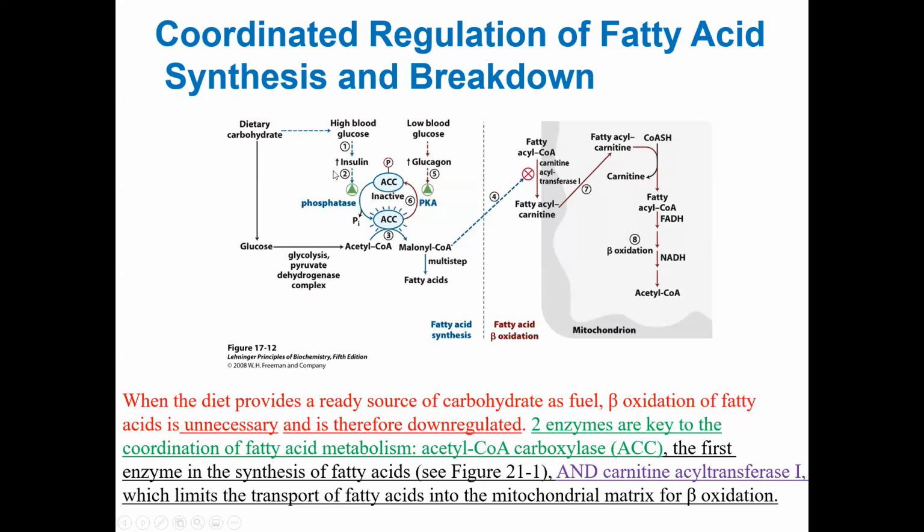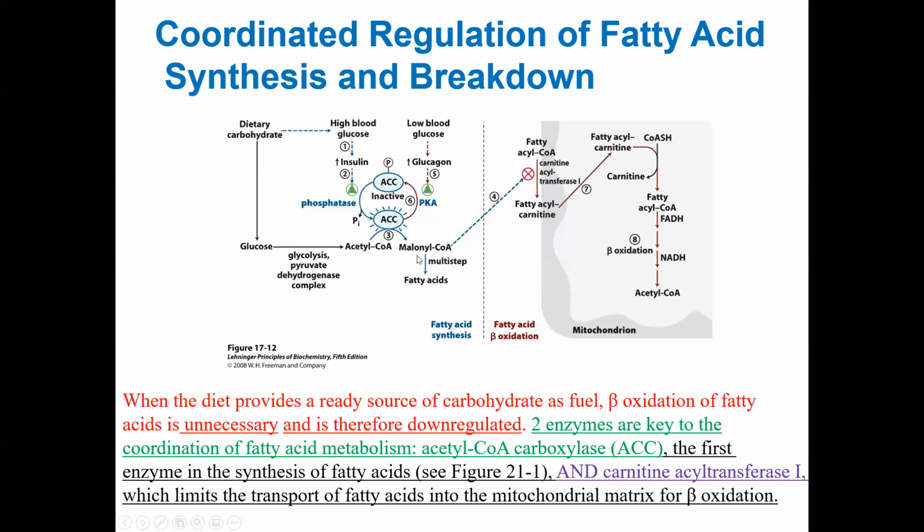So when insulin concentration is up, insulin-dependent phosphatase will be active. That's why they are showing you the green arrow up. And once that happens, phosphatases are active. Whatever ACC is there in the phosphorylated form will get converted to the dephosphorylated and therefore active form. And therefore, you will be able to make acetyl coenzyme A, and you will convert it to malonyl coenzyme A. And because it is the first committed step, it must be tightly regulated.